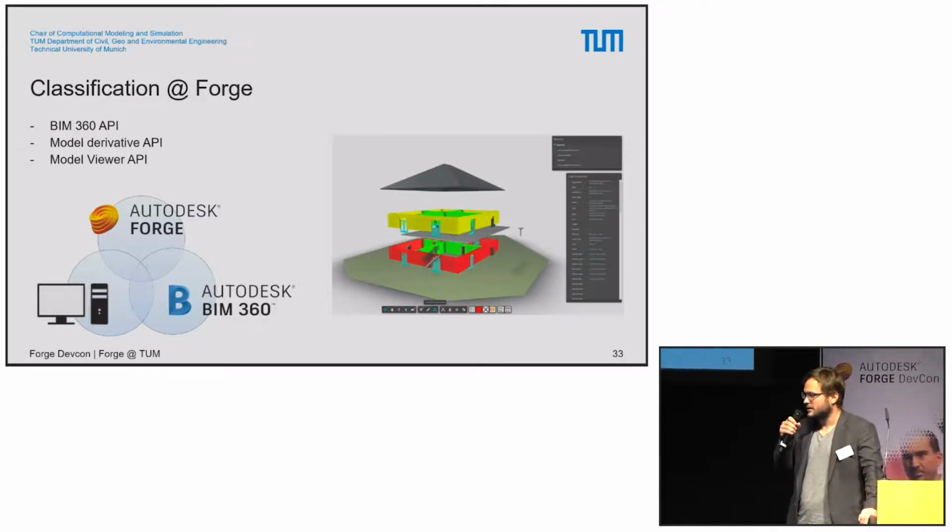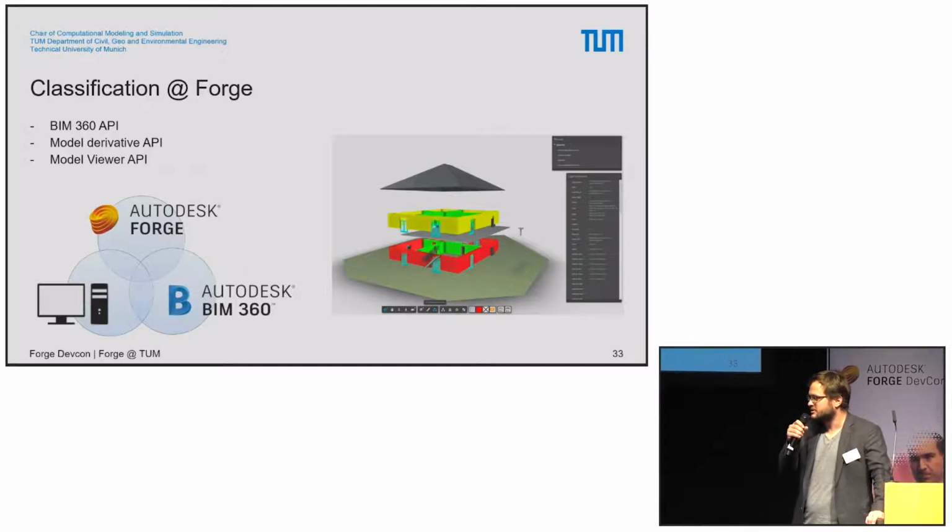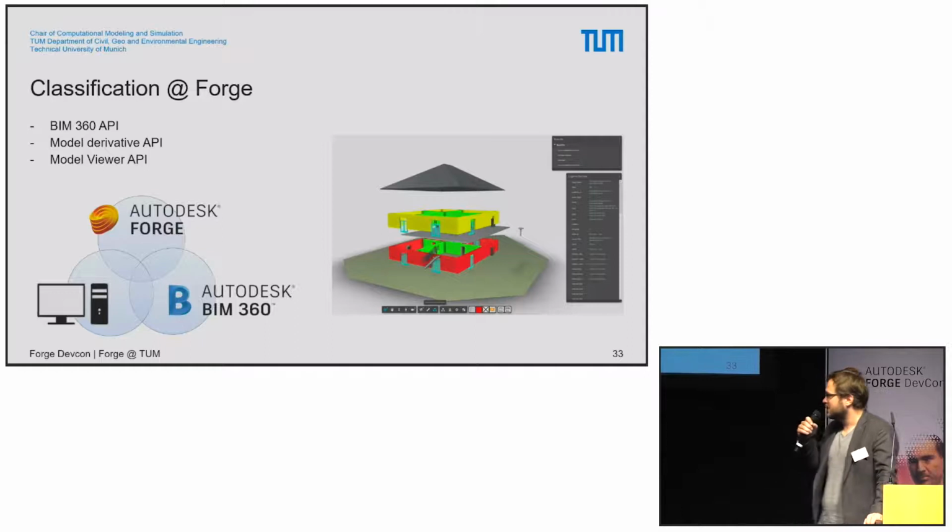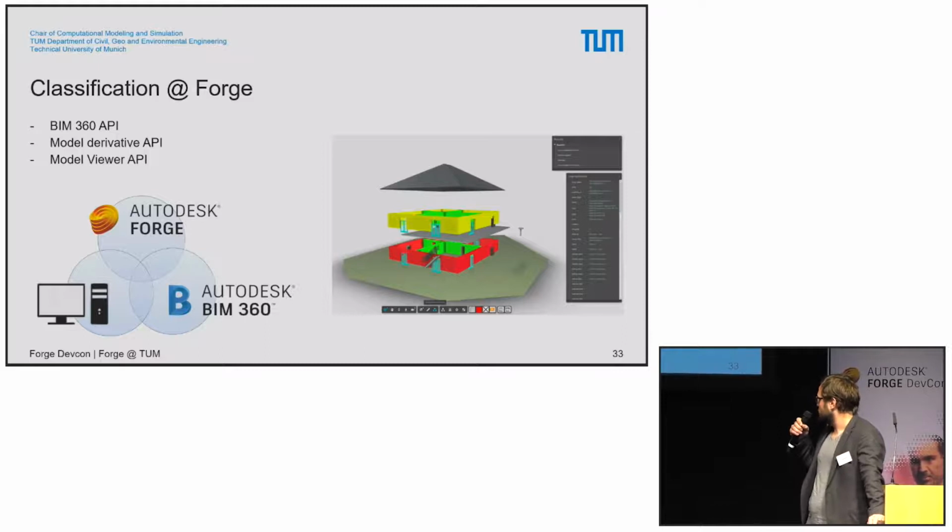Imagine that you're not designing a normal building, but something like an infrastructure facility where you have to use a lot of generic families, for example, in Revit, or when you have an IFC file, you have a lot of proxy objects. Then you somehow need to know what type of component you're dealing with when you're looking at a certain object. So you need to know that a certain abutment, for example, is an abutment and not simply a wall. So in some projects that we work in, we do this by using semantic attributes that we add to our model elements